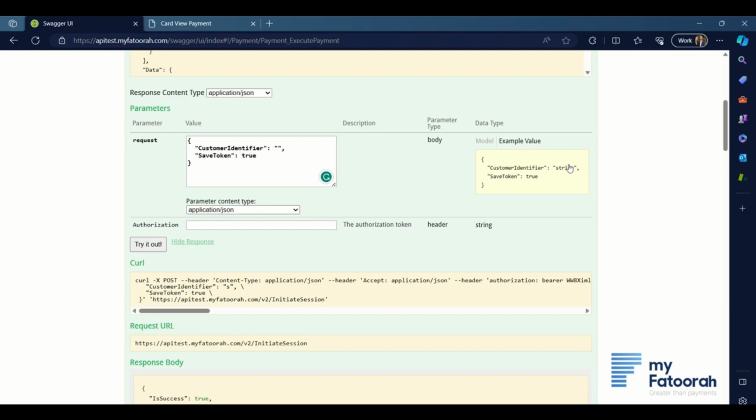In the first payment, there will not be much difference. The customer will still enter his card through the embedded card view. But for future payments, instead of the card saving and the display of the cards being done by MyFatoorah, in the tokenized embedded payment, MyFatoorah will save the card and return to you the token, and you will be able to display the card on your own. So let's take a look at the flow and how the cards and tokens are returned to you